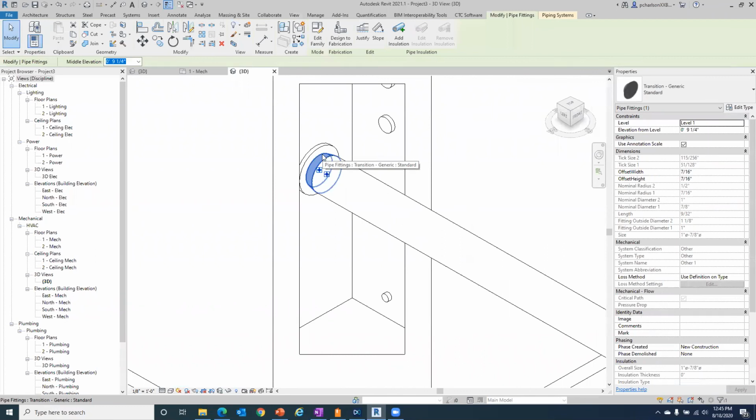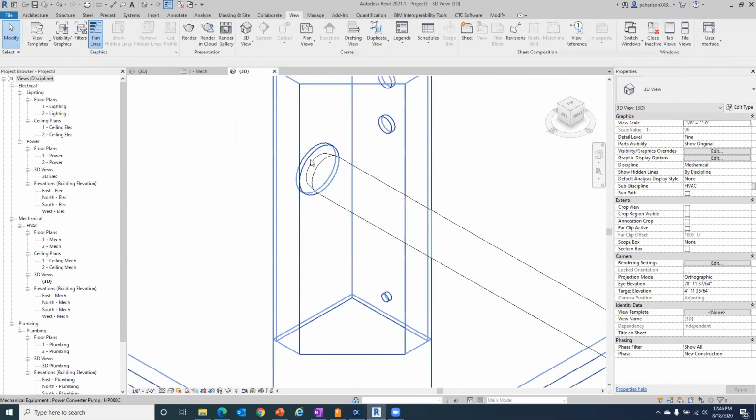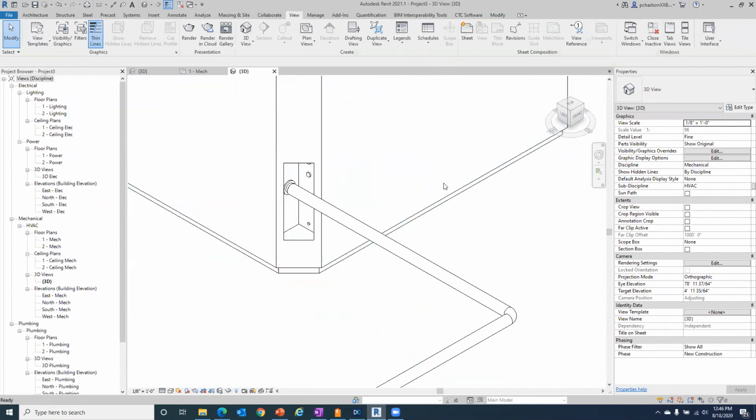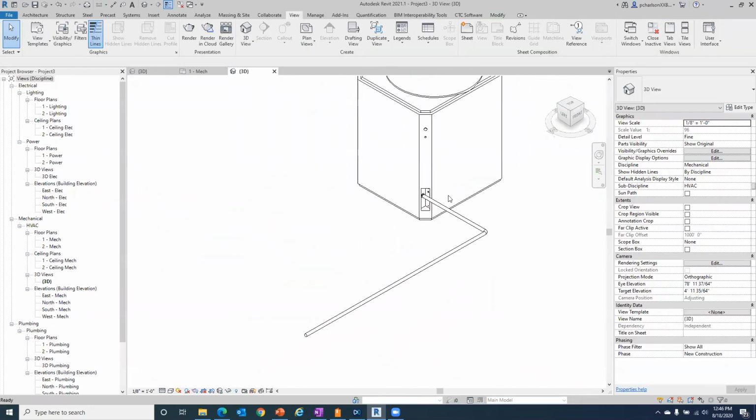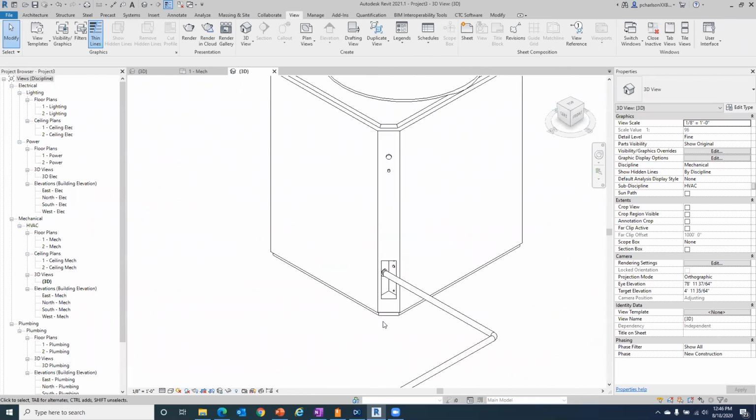So I had to create a little transition there from the size to the size of the pipe. We don't have a matching pipe size for that instance, so that's why it was giving me that error message. But again, as you can see, I was able to go in and create the pipe, and obviously created the fitting